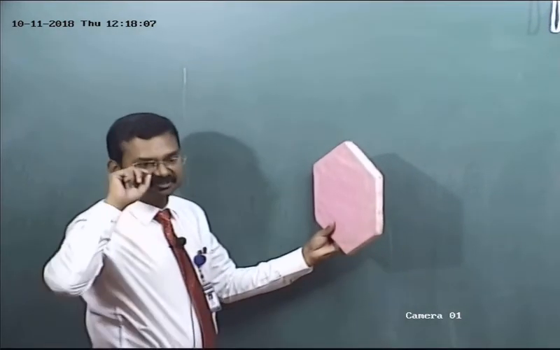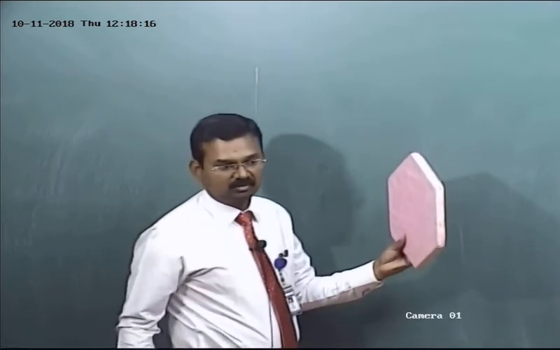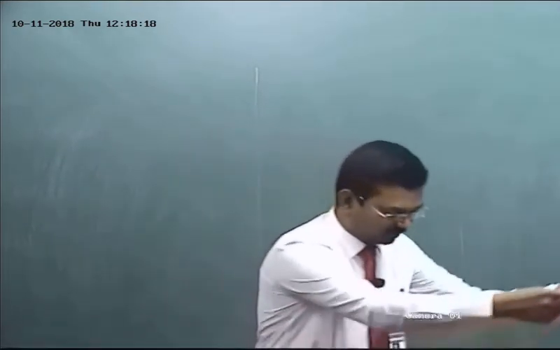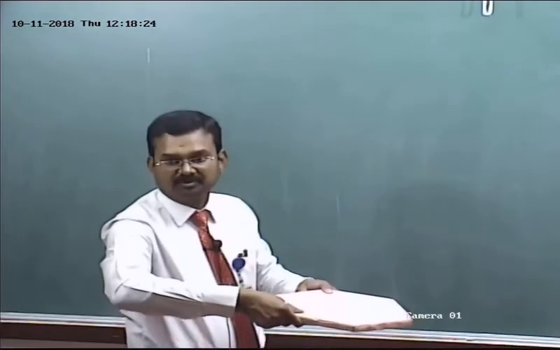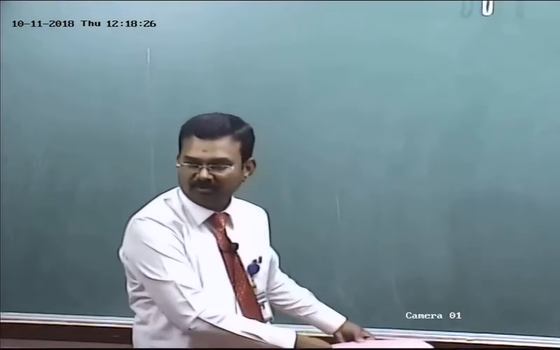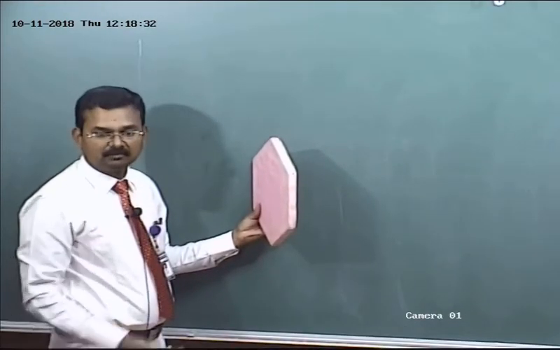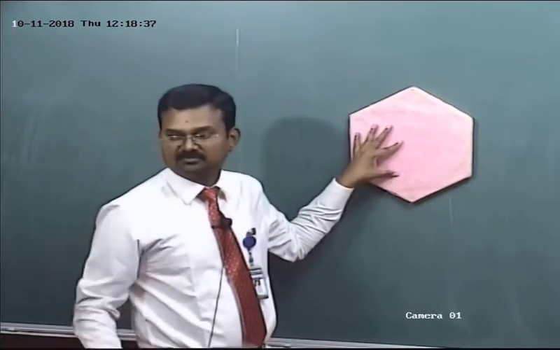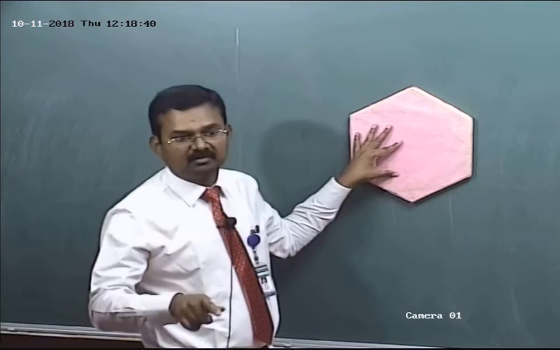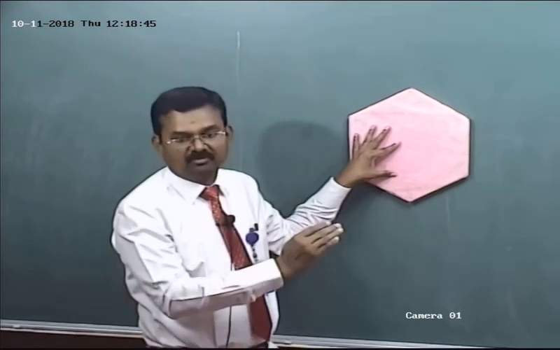So when the surface is inclined to VP and perpendicular to HP, the solution is obtained in 2 steps. It is similar to the 4th position. In the 4th position, the surface is inclined to HP. In step 1, what's our assumption? Inclined to HP means parallel to HP, placed on HP, perpendicular to VP. So here, inclined to VP, what will be our assumption? Parallel to VP, placed on VP, perpendicular to HP. This is our assumption. So step 1: assume that the plane surface is parallel to VP, placed on VP, perpendicular to HP.